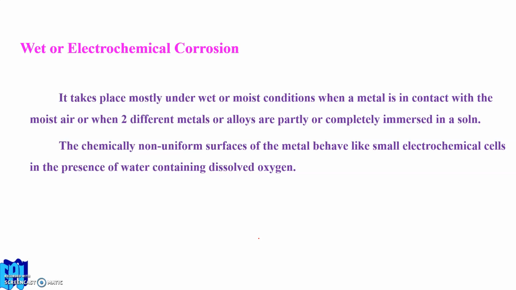It takes place most under wet or moist conditions, when a metal is in contact with moisture or air, or when two different metals or alloys are partially or completely immersed in a solution. That is the situation. Then the chemically non-uniform surfaces of the metals behave like small electrochemical cells in the presence of water containing dissolved